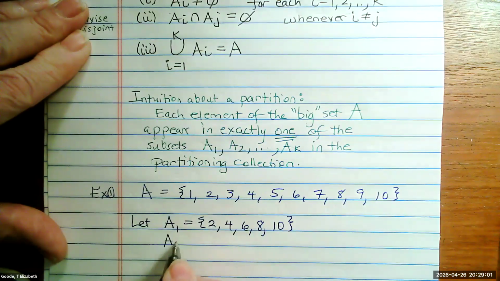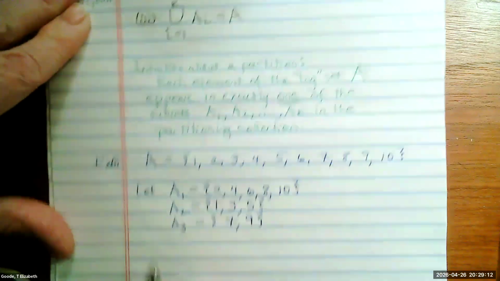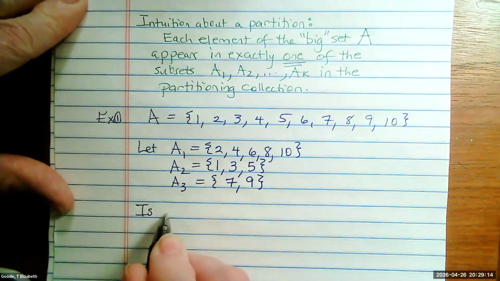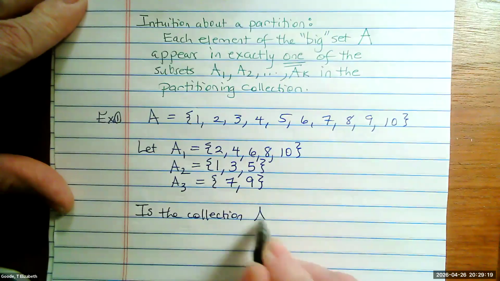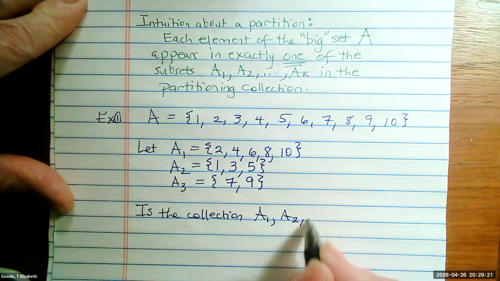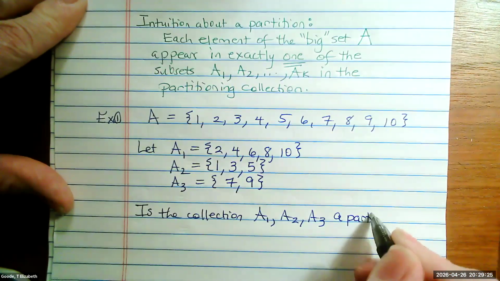We're going to let A2 be 1, 3, and 5. And we'll let A3 be the set containing 7 and 9. Is the collection A1, A2, A3, is that collection of subsets a partition